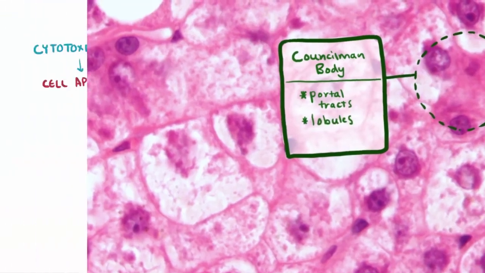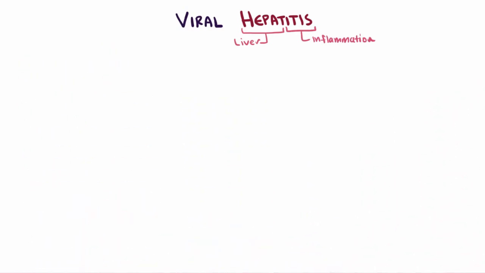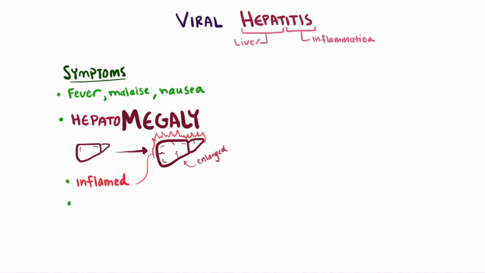This cytotoxic killing of the hepatocytes is the main mechanism behind inflammation of the liver, and eventually liver damage in viral hepatitis. As someone's hepatitis progresses, we'll see a couple of classic symptoms related to your immune system mounting an attack, like fever, malaise, and nausea. Additionally, though, patients might have hepatomegaly, where their liver is abnormally large from inflammation, which also might